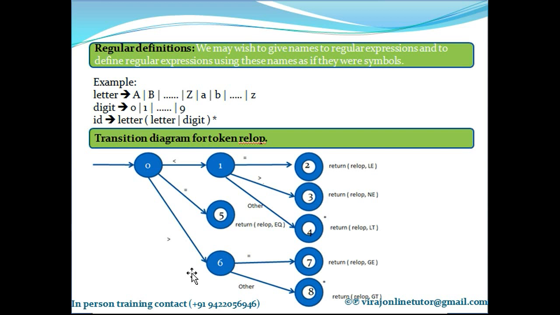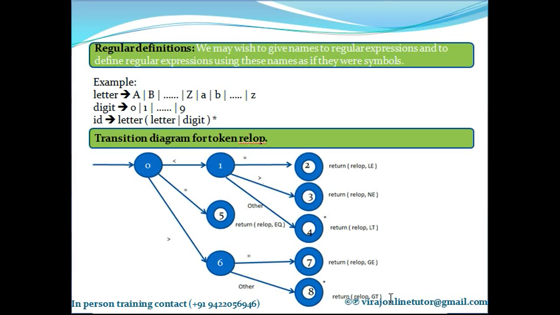Suppose I get a greater than sign and some other character. I'll give a simple example of this. If someone types A is greater than B, after the greater than sign, B will be the next character. So I don't want B to be considered as a relational operator. That's why I mark this state with an asterisk. That means move the pointer one location left. Don't consider B as the correct character for the greater than relational operator, right? Since I marked the asterisk, move the pointer one location left here. That means skip this other character. So greater than is again a relop and GT is the attribute.